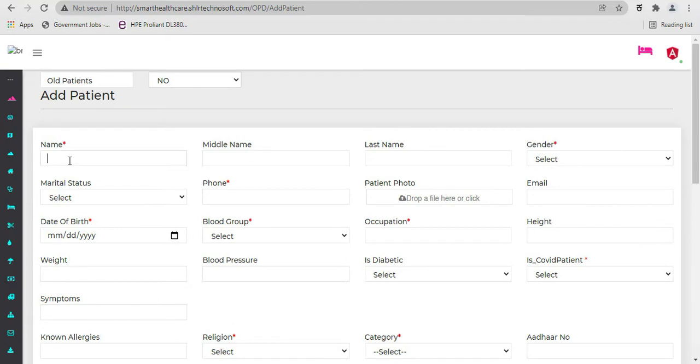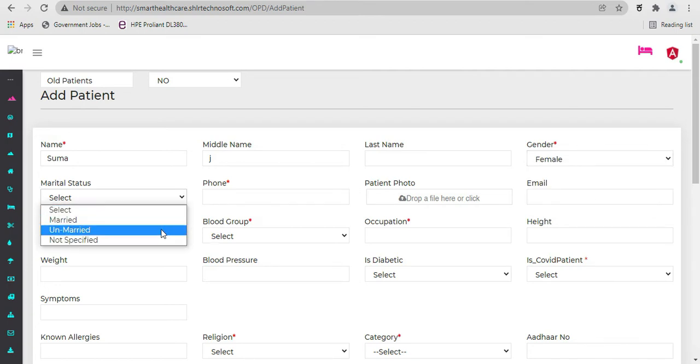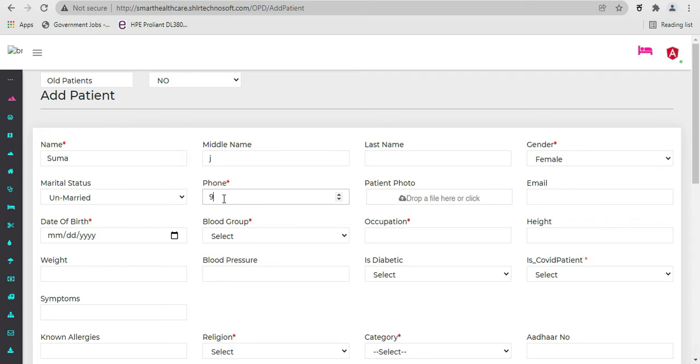I'm going to show you by adding a patient name and their middle name. If they have a last name, you can add it, but I'm not going to add it now. Then their marital status, and their phone number, which is compulsory.